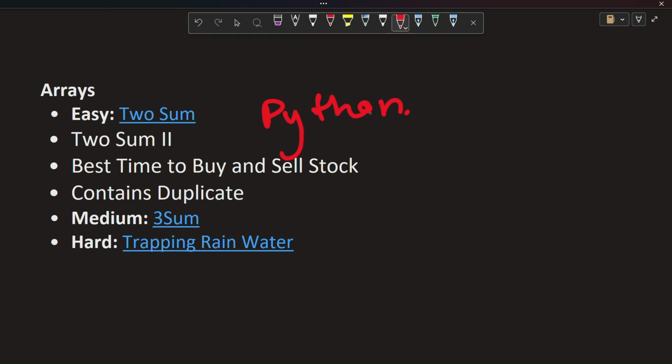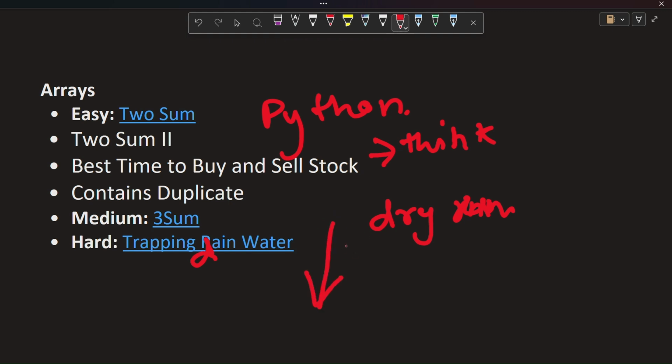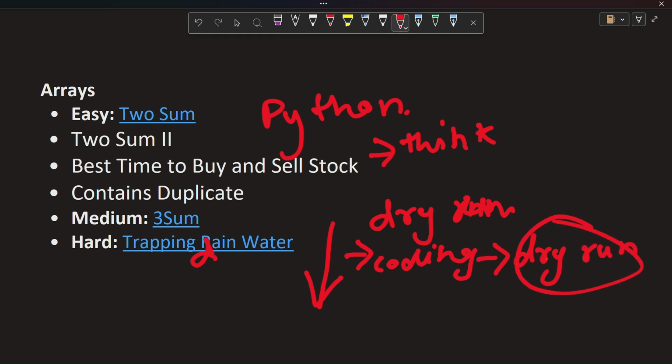To understand these problems clearly, I highly recommend you dry run every code that I show in these videos. This will help you grasp the logic and optimize your problem solving skills. The first step is to think about how you can solve the problem, and what could be the possible approach. After that, write the algorithm, write the basic structure of the code, and after that, start coding. And then before submitting the code, dry run the code to understand it. This will give you a solid understanding of every problem.